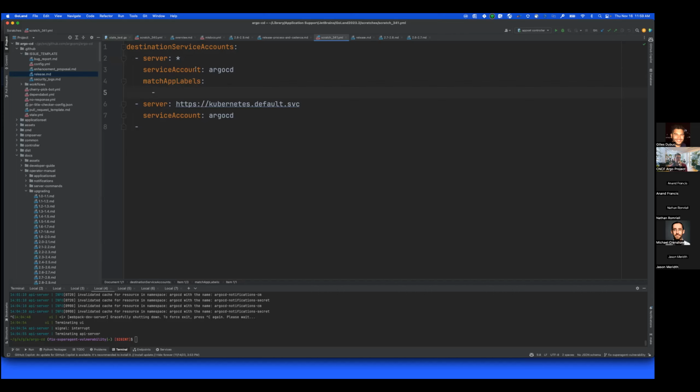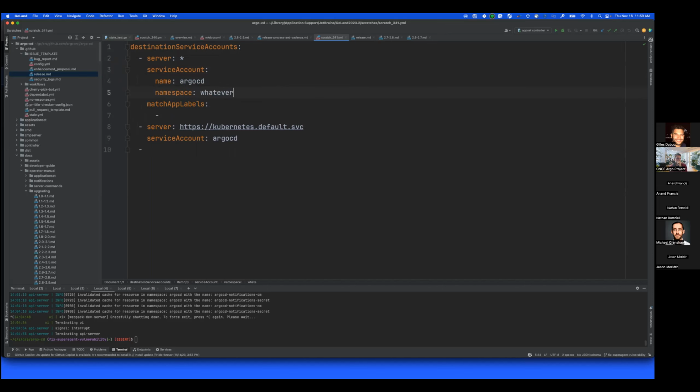Sure. Should that be the application's namespace or the destination namespace that is provided in the application? I think that the application destination default namespace is completely disjointed from the namespace where the service account is.